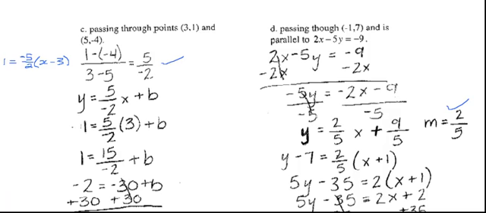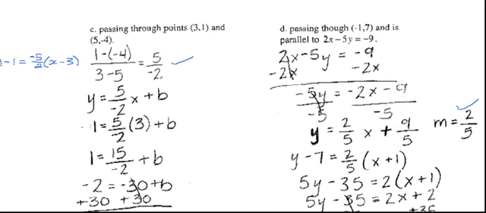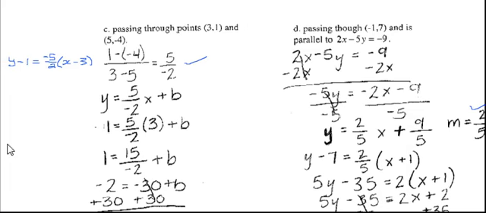Let's look at C. Passing through these 2 points, so the first thing you have to do is find the slope, which you did, and it's correct. Now again, the best formula to use when you're given a point and the slope is y minus y1 equals m times x minus x1. Now once we have it like this, we multiply everything through by 2,